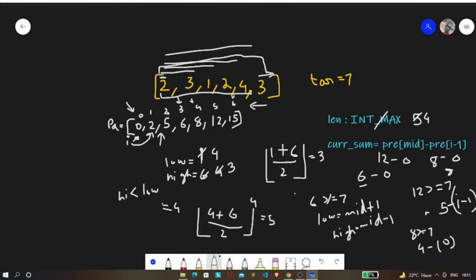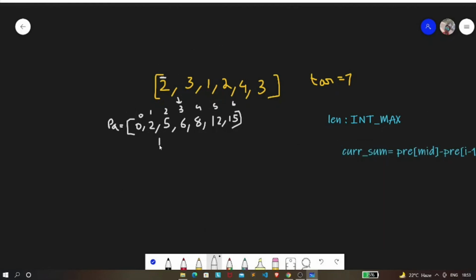Now our I will be pointing to this index, right? And now again we are going to perform the binary search, but this time when our starting position is this element 3, and from 3, the max length we are going to go up to is over here. First we are going to consider this element, then this element, next we are going to consider this element. So all the subarrays present in this range from here to here, we are going to consider each of these subarrays. So now our I will be pointing to index 2.